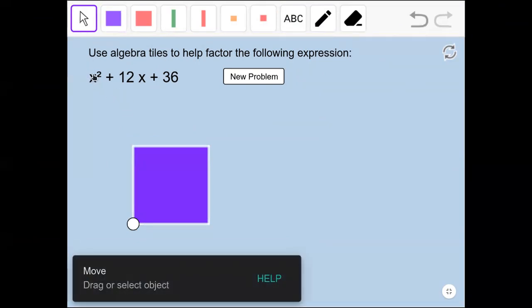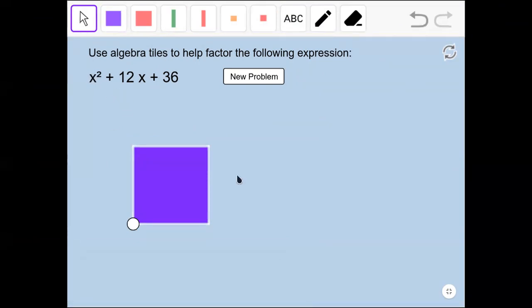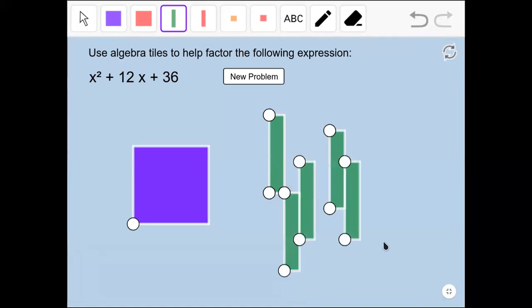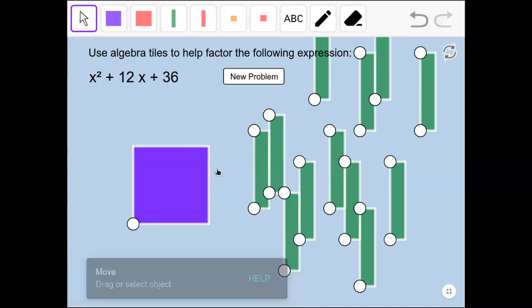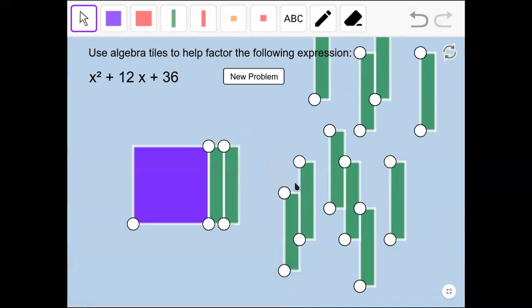Suppose I want to represent this x square, then I can use this tile. This is x square. How many x do I have? This is 12, 12 in number. Now I go with 1, 2, 3, 4, 5, 6, 7, 8, 9, 10, 11, and 12. So how many ways can I arrange these 12? Suppose I start with